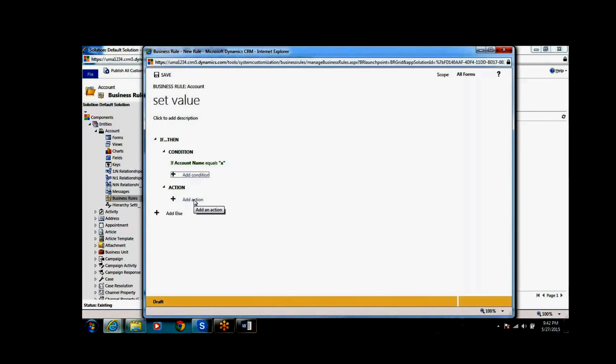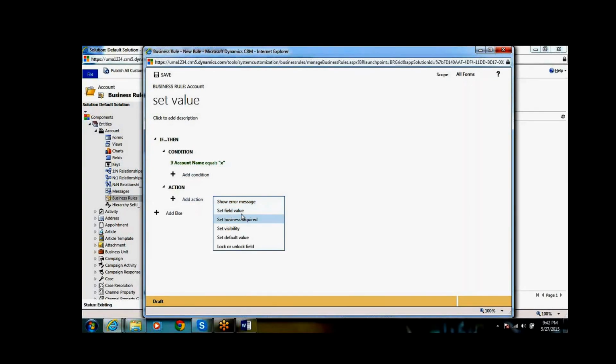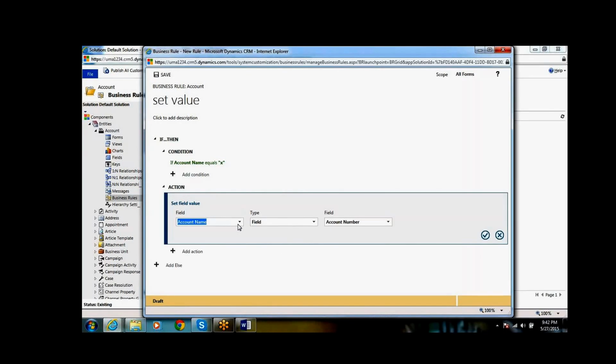Next is the action. What is the action you want? If you click on the plus, I am setting the value. Here, what is the field we want? I am selecting rating. You can set a value or a field.